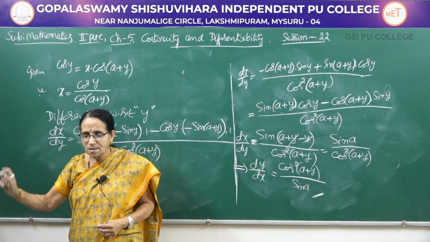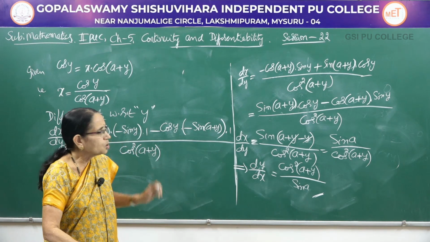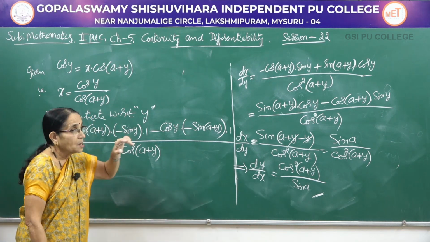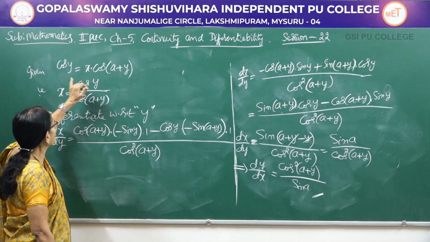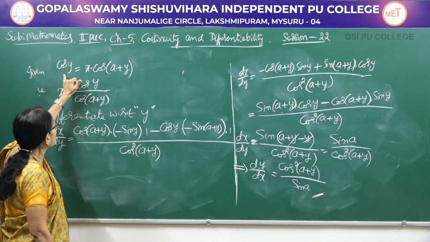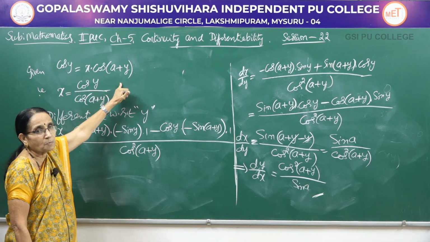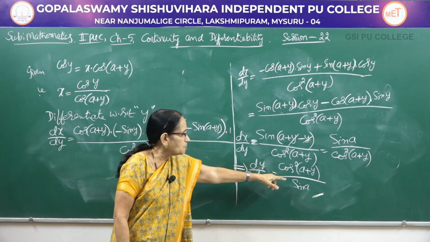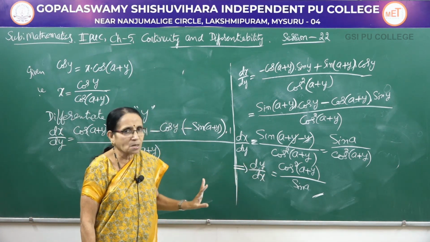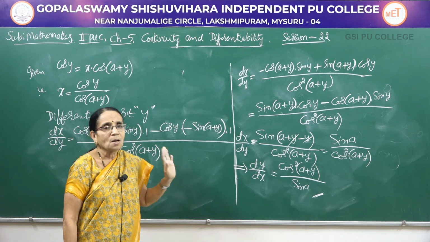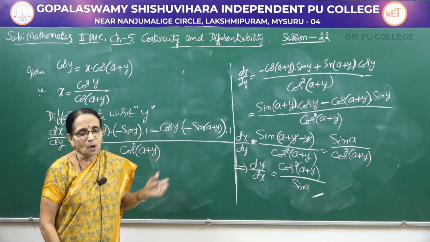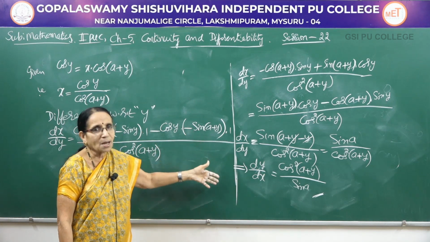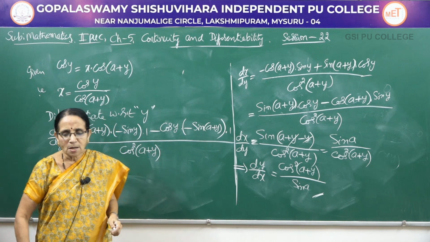Now it is an interesting problem, I can say. So go through it properly. This is how we have to solve. I told you, in one examination it was given like this: if sin y equal to x into sin of a plus y, show that dy by dx equal to sin square of a plus y divided by sin a. The denominator is fixed here. Same thing you will be getting. So by chance if it is given in that form also, you can get the result, because the method is the same, only the function would be different.